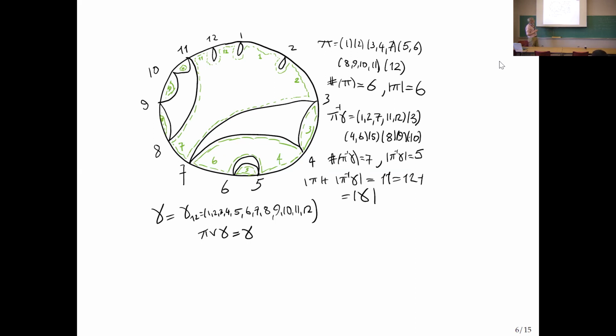In addition, this is the biggest block I could put in here that wouldn't create a crossing. If I tried to connect something across this gap, then I'd create a crossing. So the usual definition of the Kreweras complement is you take 1 to 12, interleave these other numbers, and then find the biggest partition of the green numbers that you can stick in there that won't cross on the whole thing. Okay.